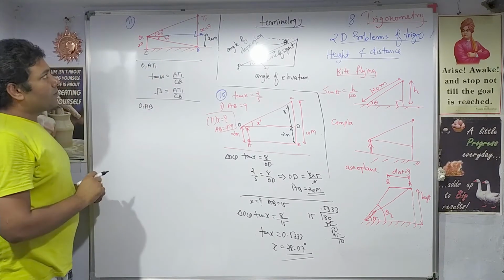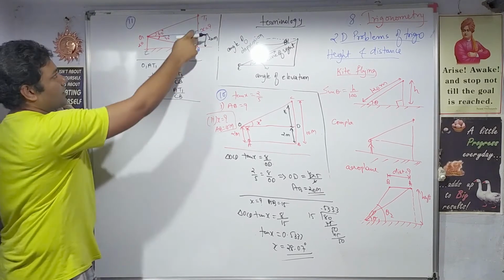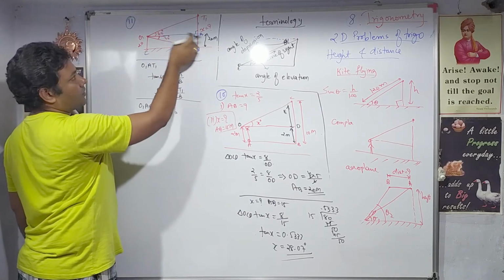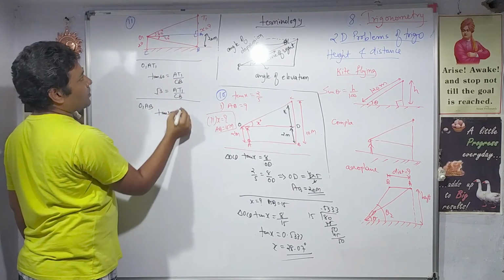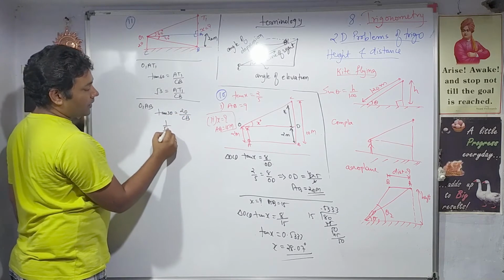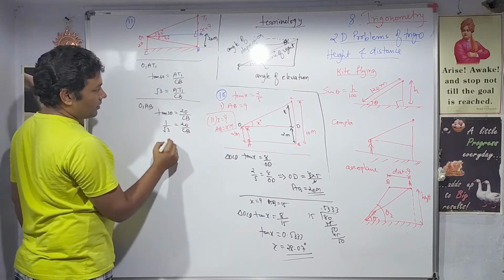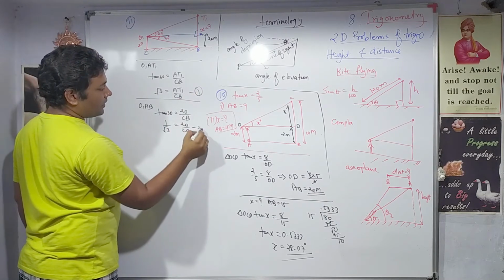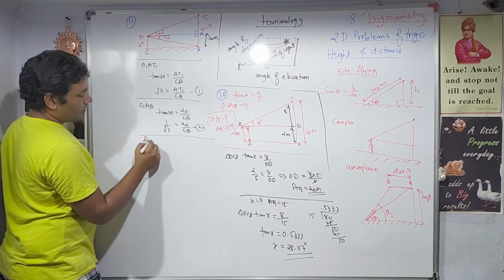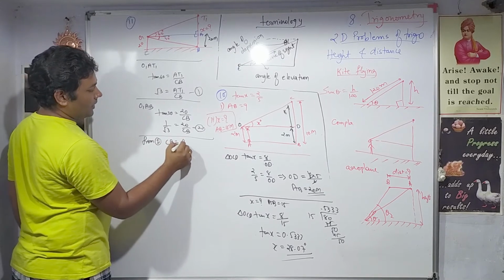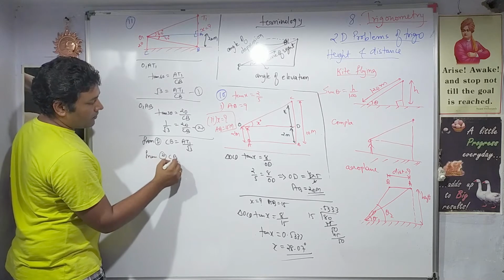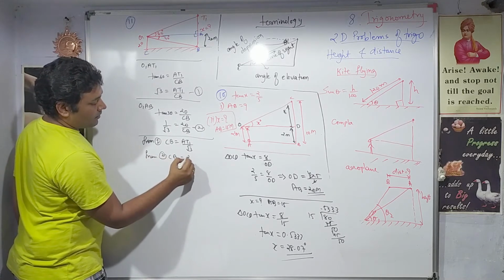O1AB, in this triangle, if you use tan 30, this is the perpendicular, right? So tan 30, opposite angle of the 30 degrees is perpendicular. So this is perpendicular and base will be CB. Tan 30 value is 1 by root 3, 20 upon CB, right? So from equation 1 and equation 2, if we compare the CB from 1, what will be the value of CB? 81 upon root 3. And from 2, what will be the value of CB? CB will be 20 root 3.